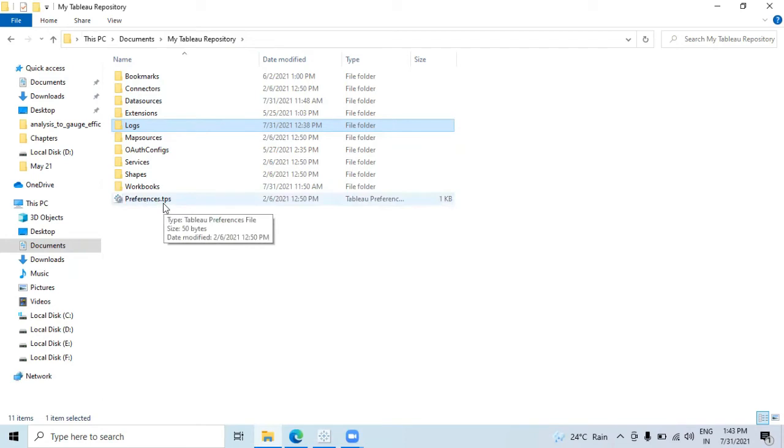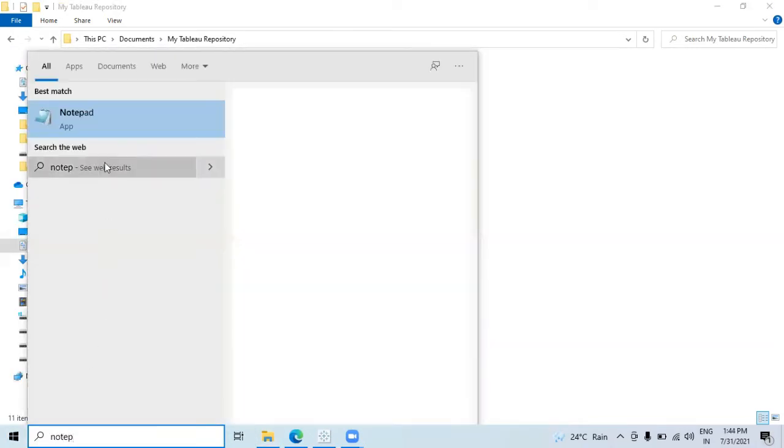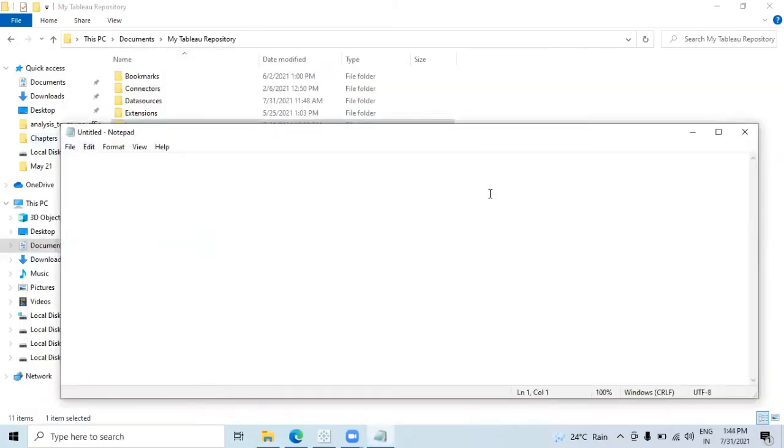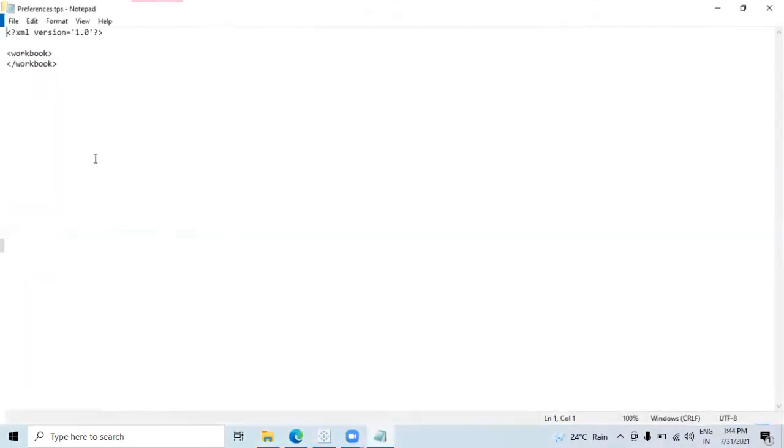This is a TPS file, so by default it will not open directly. Instead of double clicking it, open any of your Notepad or Notepad++, any editor which you have. I'm using Notepad as of now. Simply drag and drop this TPS file onto your Notepad editor. When you open it the first time, it will always come as a blank TPS file. It just has blank XML tags, workbook open and workbook close, nothing else.